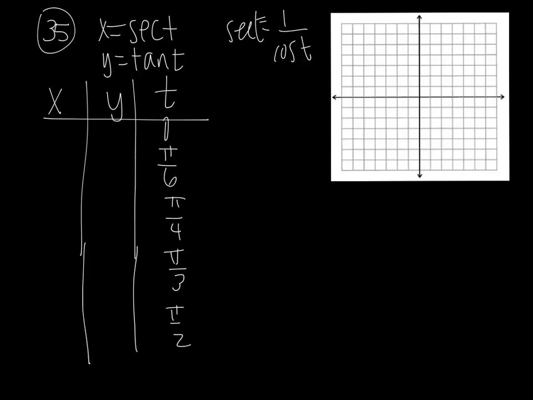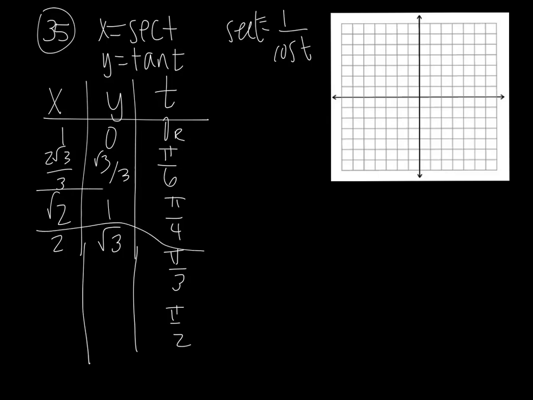For 0 radians, secant is 1, tangent is 0. For pi over 6, secant's 2 root 3 over 3, and tangent's root 3 over 3. Pi over 4, root 2 and 1. Pi over 3, 2 and root 3. And then for pi over 2, since the cosine there is 0, 1 over 0 is undefined, so